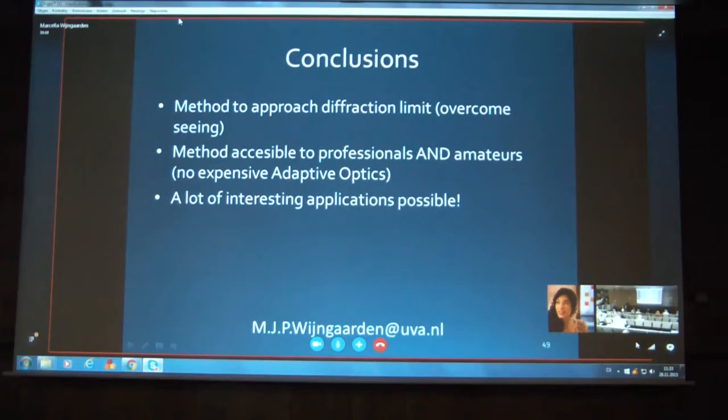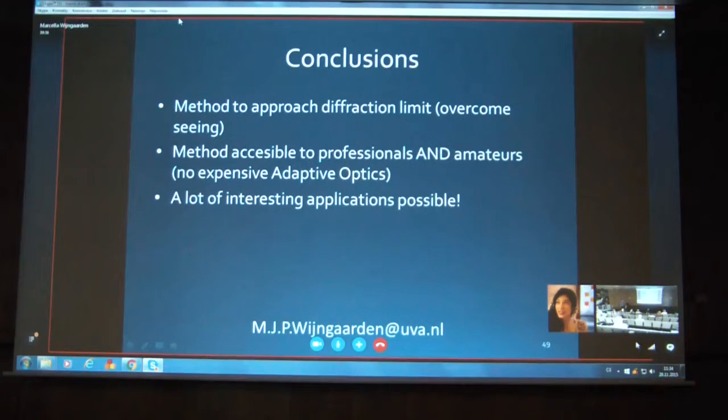So my question was, is there something like an optimal or minimum combination of technical parameters of amateur instrumentation, like diameter of objective lens and focal length and pixel size, to get useful results? Because you mentioned that this technique is within the reach of amateur instrumentation. Yes, definitely. So there's been a lot of experimenting with different setups and different parameters, but really